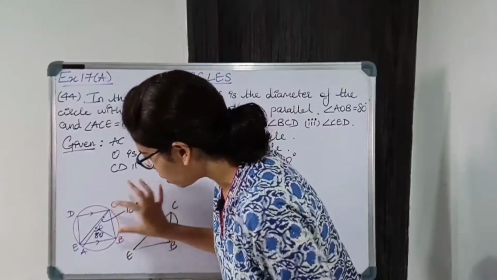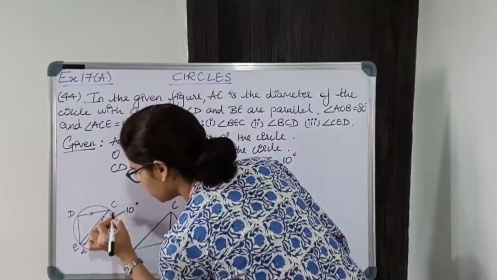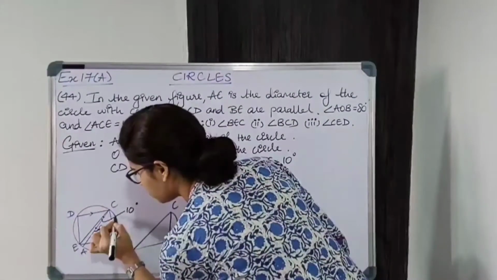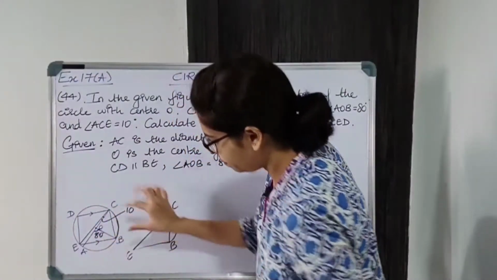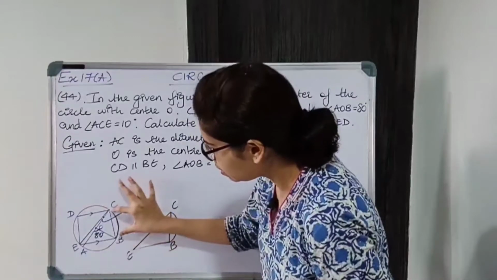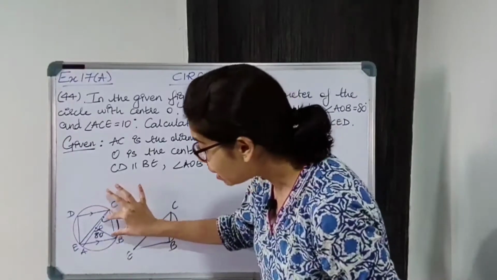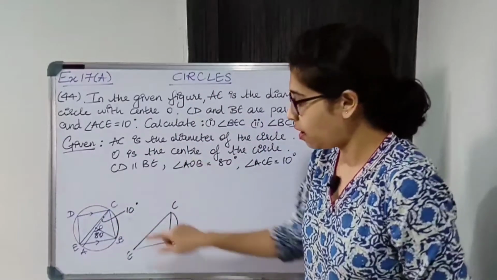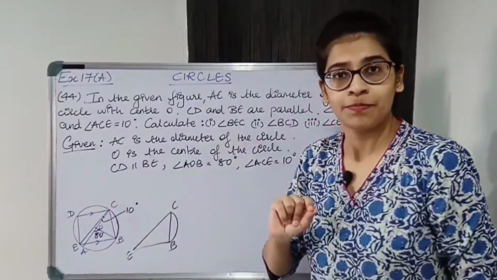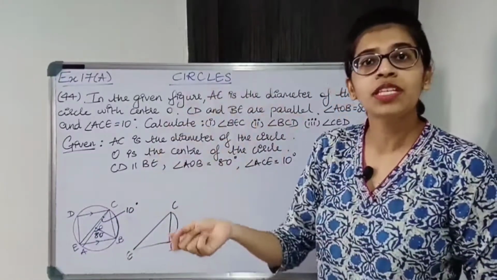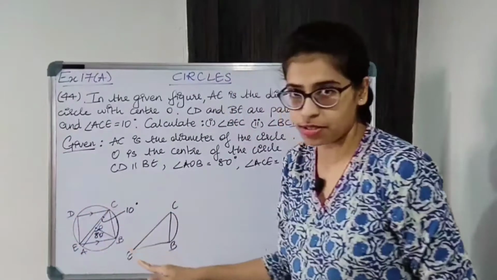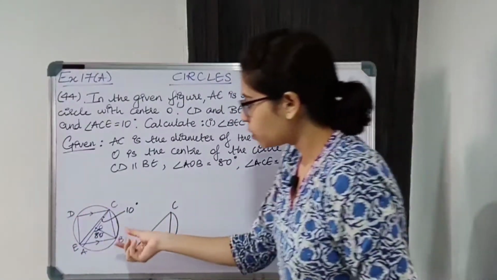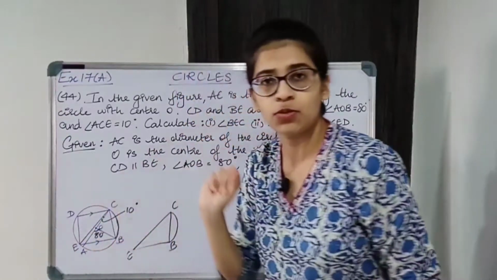Now in this arc, look at this arc. In this arc or this chord, there is this angle BEC. There is also one more angle at the center O, angle BOC. So if I know angle BOC, I can find angle BEC. There is no other angle on the circumference by the same arc. So there is angle BEC and angle BOC.